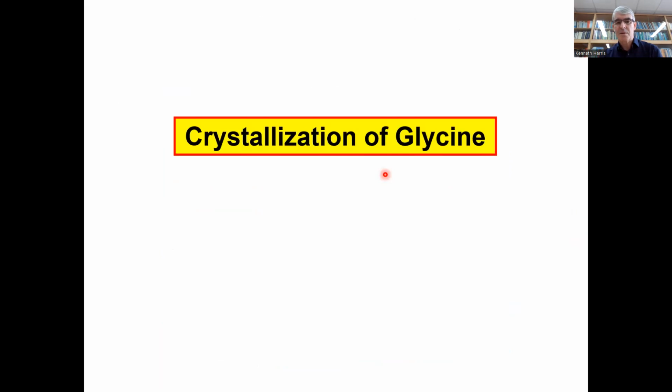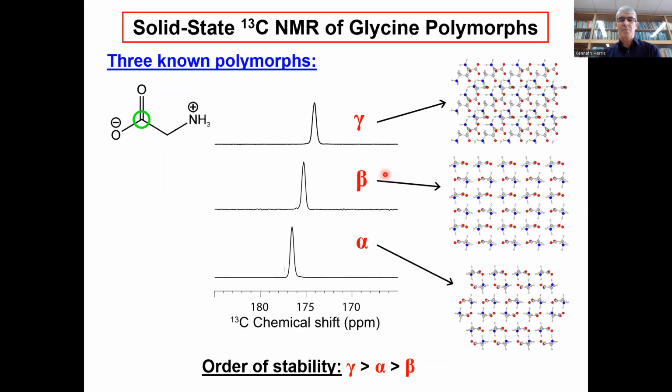Okay, well, let's move on to some examples of studying polymorphic evolution using in situ NMR. And let's focus, first of all, on crystallization of glycine, which is a very well studied polymorphic system. There are three known polymorphs at ambient pressure called alpha, beta, and gamma. Here are the three different crystal structures, and the relative stability: gamma is the thermodynamically stable polymorph, alpha is a bit less stable,